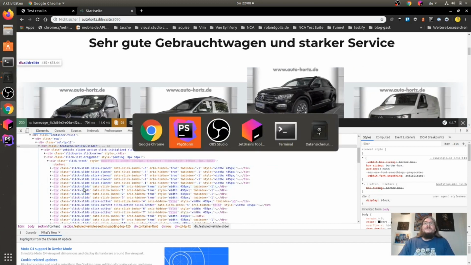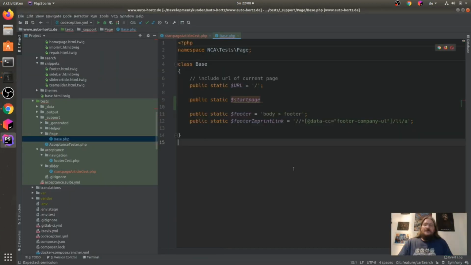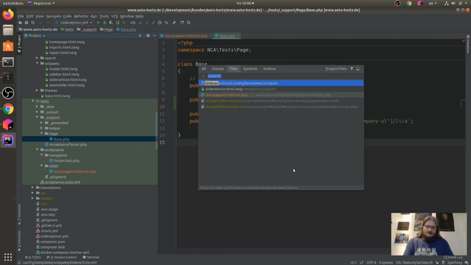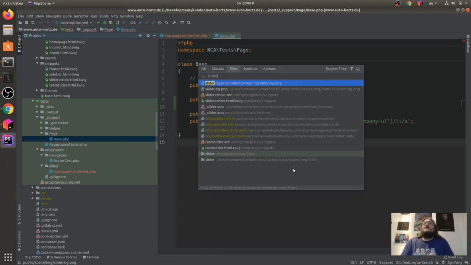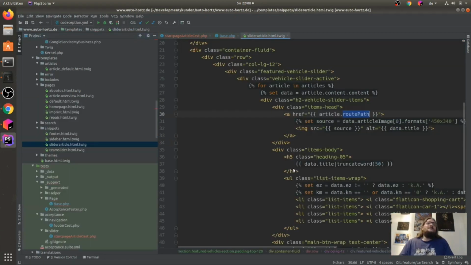Let me check our HTML markup for it. Slider article HTML. It's a snippet.